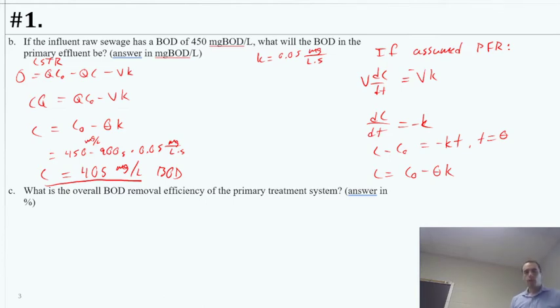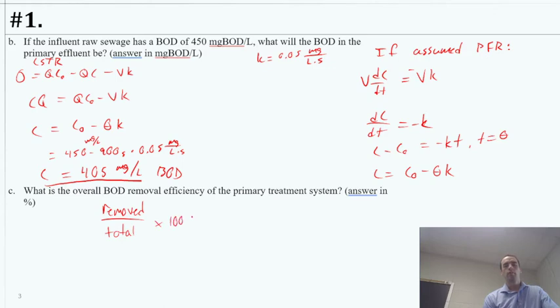Okay, all right, so part C says, what is the overall BOD removal efficiency? I guess we didn't really learn this directly per se, but if you're talking about removal efficiency and I'm asking in percentage, that's going to be kind of what you started with minus what was removed. So that's what's remaining divided by what you started with, right? So removal efficiency would be, well, I guess we should say removed, right? The stuff removed over the total